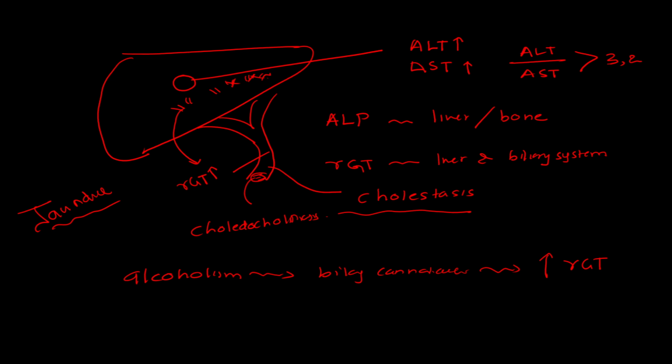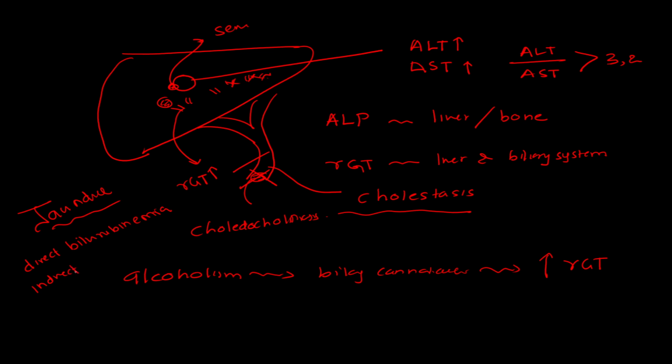So if the conjugation does not take place, there are insoluble bile pigments which will pass into the blood and then cause jaundice. So this could be either due to excessive levels of conjugated bile, which we call direct bilirubinemia, which is because of cholestasis. There's a blockage in the bile ducts, or else this could be due to a hepatic cause